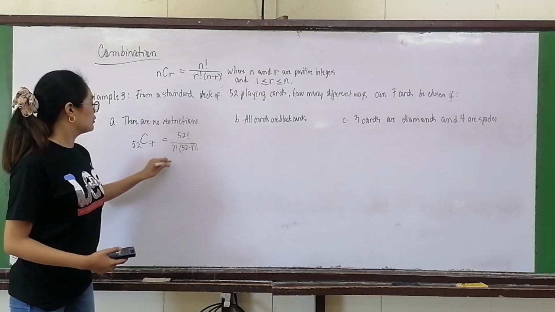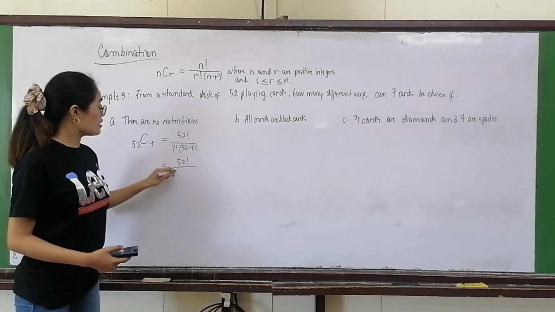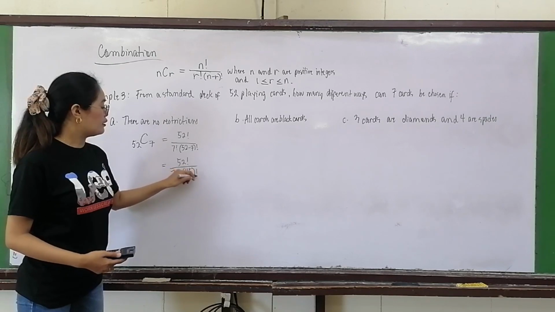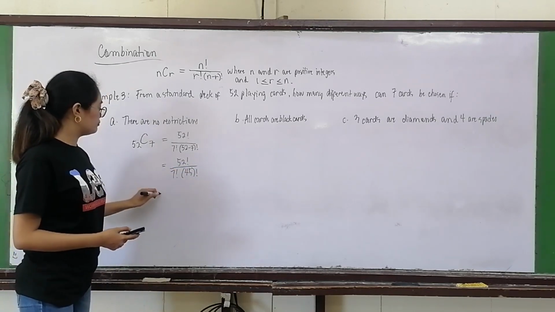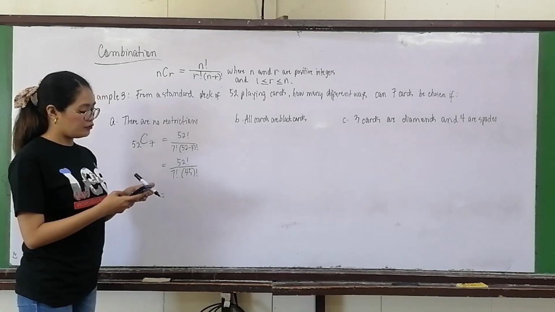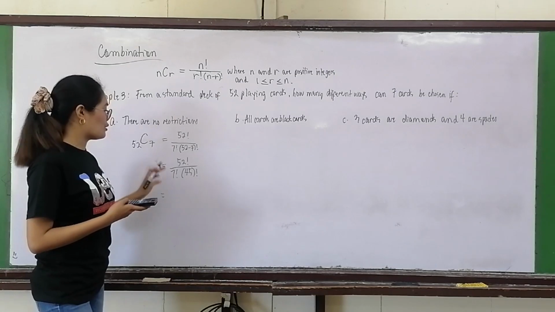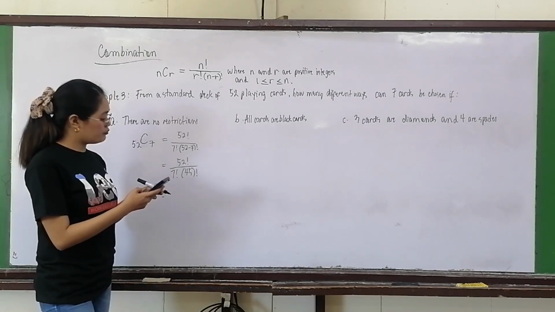We have 52 factorial over 7 factorial times 45 factorial. Then this gives us... 52 factorial is already a very large number, so we will simplify this right away. 52 factorial,